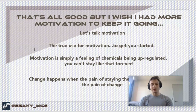Tony Robbins says change happens when the pain of staying the same is greater than the pain of change. So if you got to the lowest point you've ever been, suddenly you are motivated to change. What we want to do is use that motivation to take the first step, which is usually the hardest. But then